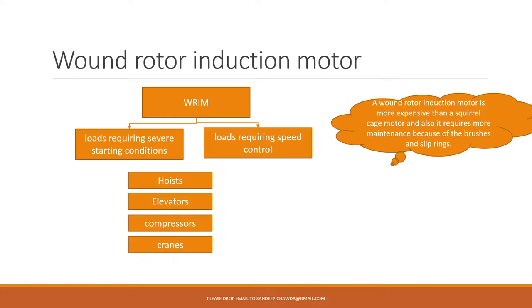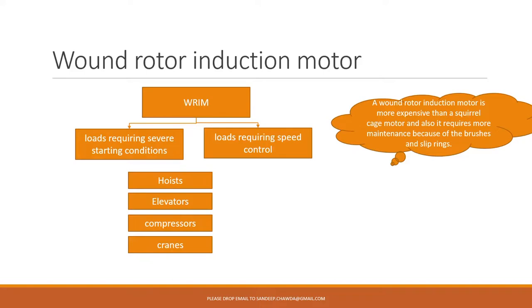Add rotor resistance, insert external resistance to rotor circuit, it is going to improve starting torque. You can remove it later on. So this particular motor should be deployed where high value of starting torque is required, because you can add on resistance. And the second thing,